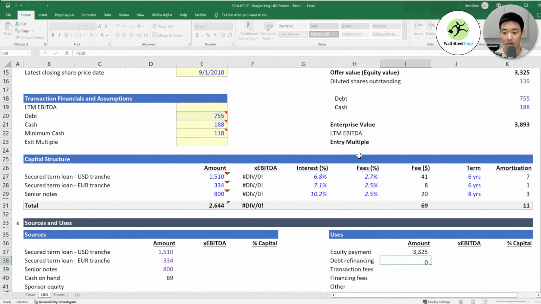So what happens in an LBO is that a private equity firm will get all of the company's debt that it previously had and then get new debt, right? Which is everything you see here. And the reason it does that is because the private equity firm typically wants to take on more debt, new debt, and will refinance everything usually with better interest rates because they have connections with the bank and do this all the time.